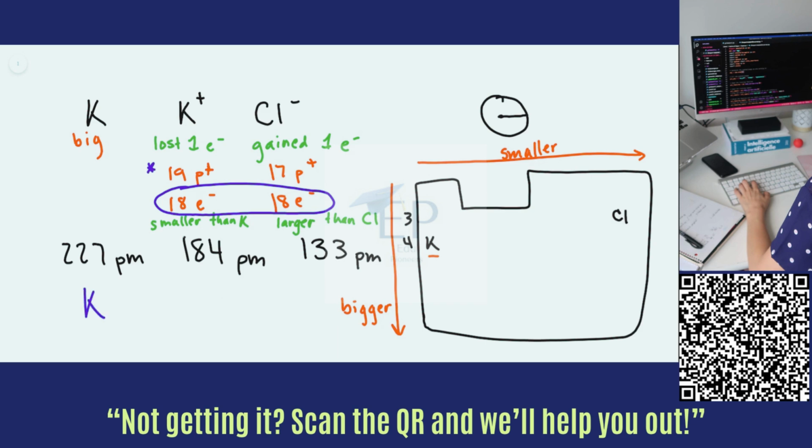So what we can expect is that K, just plain old potassium, is going to be the biggest, so we'll assign it the 227 radius. We know that chlorine, Cl-, is going to be the next biggest. And then finally, K+ will be the smallest with our